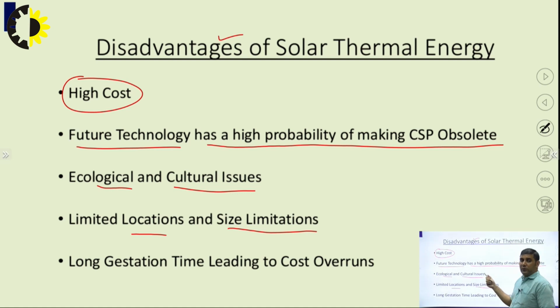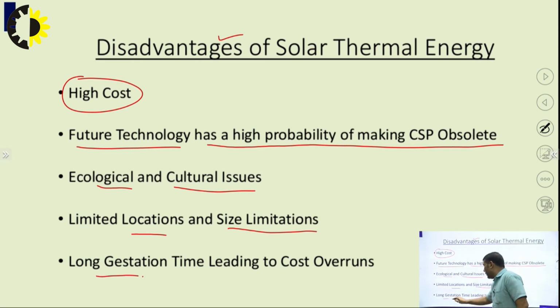So, as we already discussed, for the solar thermal power generation system our locations are limited, and you can see geographical constraints are there, and size limitation is also there, because many times we have a limitation of the size. So basically this size is measured compared to the output. So as compared to output, if we require thousands of megawatts of power, then we require a very big area, maybe in the kilometers range.